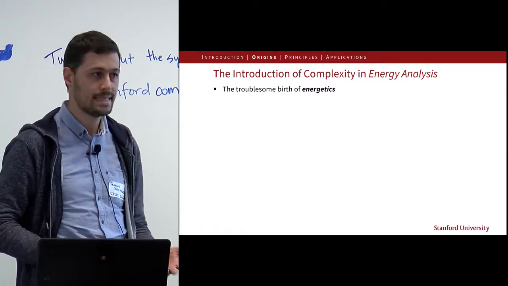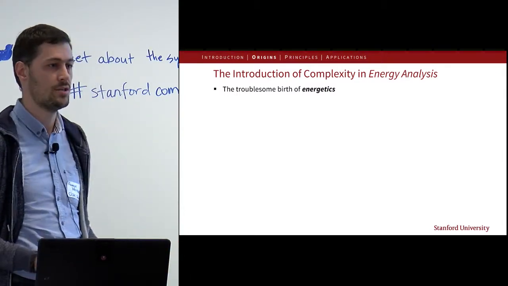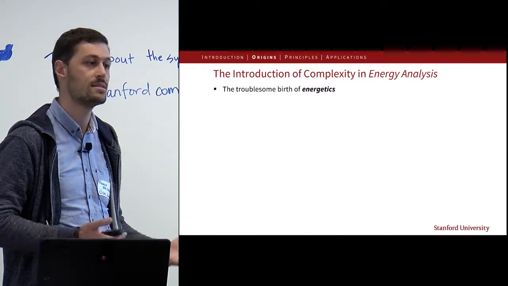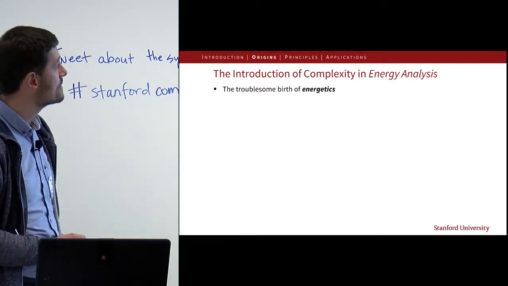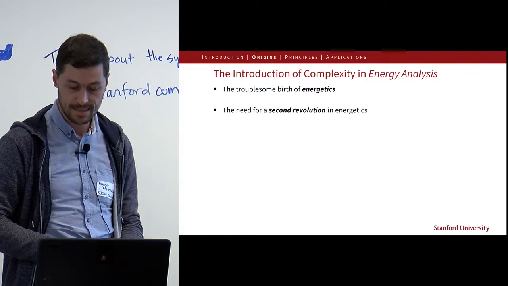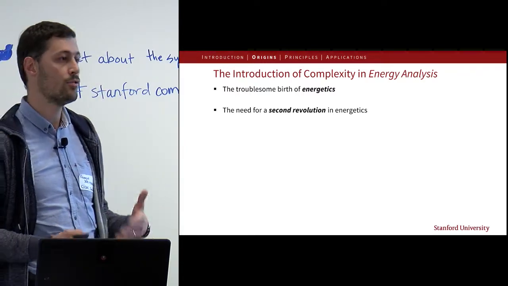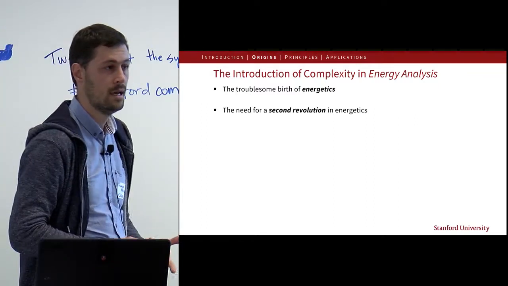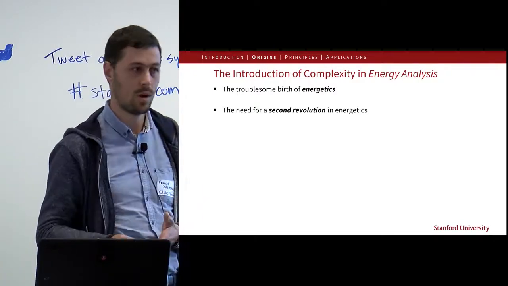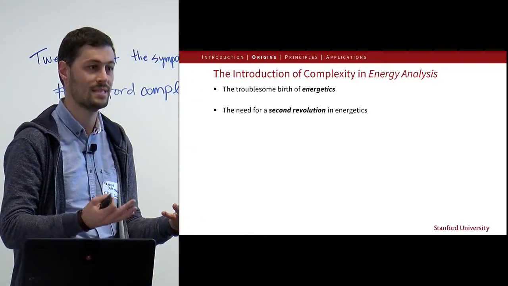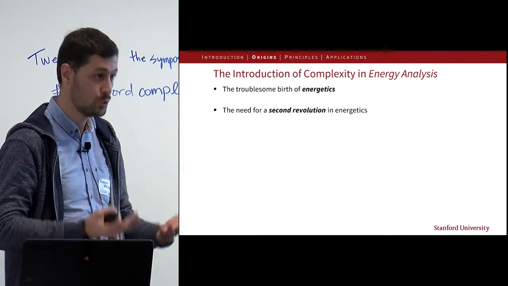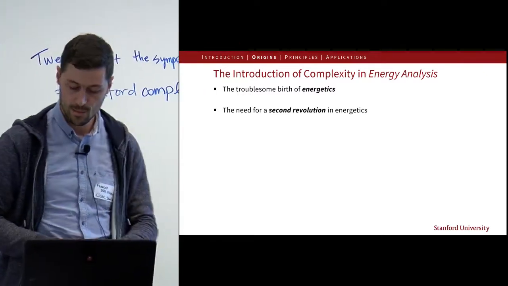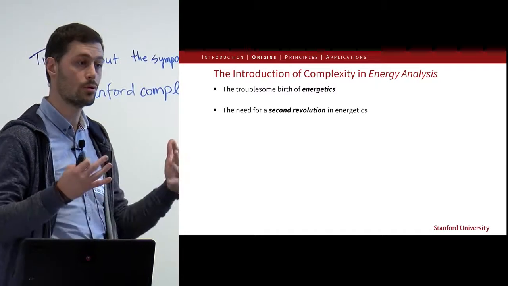As a result, energy analysis was unable to answer questions and to explain, for instance, why the energy crisis happened in the 70s and the 80s. So there was a need for a second revolution in energetics, which has been mainly based on two principles. First, there is no single definition of what energy is. One joule of electricity is not one joule of fuel. Although those can be expressed in joules, they don't represent the same thing because they are not used in the same way. A second important principle introduced is the importance of making an assessment across scales.